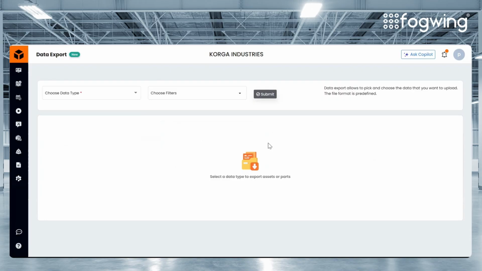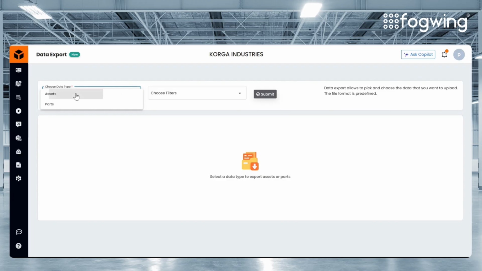So to start with, the technicians and managers, they need data and they need reliable data. So with this new data export feature, you can now download assets and parts master data in CSV files at any time. As you can see, you can choose between assets and parts here. Whether it's for planning, analysis, or sharing this data with another department, your data is now available in this particular place